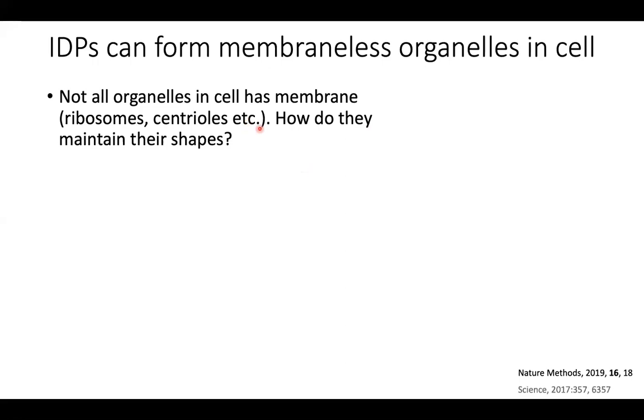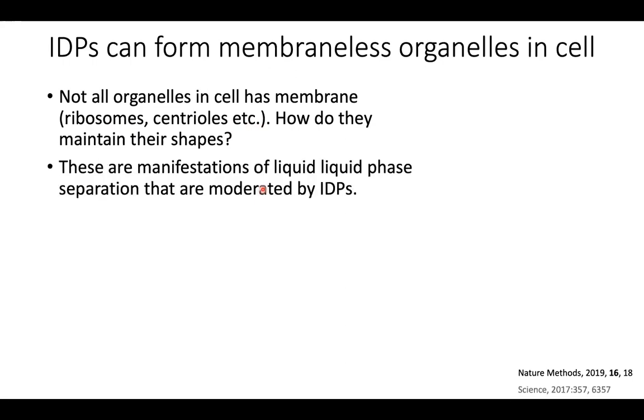So, all the cell organelles are present in the cytoplasm. And in case you have a cell organelle which has a membrane, you can think that the membrane maintains the shape of that organelle. But what if you have certain things like these ribosomes and centrioles? How do you think they can maintain their shape? So these are the manifestations of a phenomenon which we call liquid-liquid phase separation that is moderated by the disordered